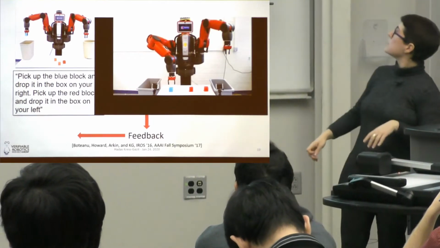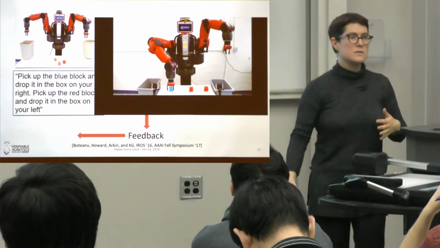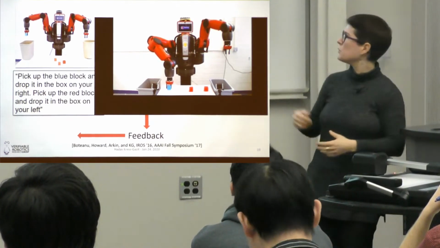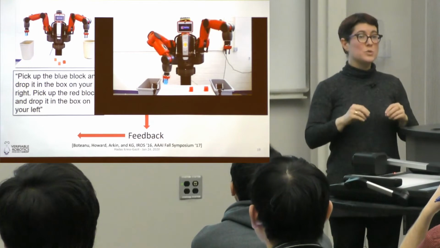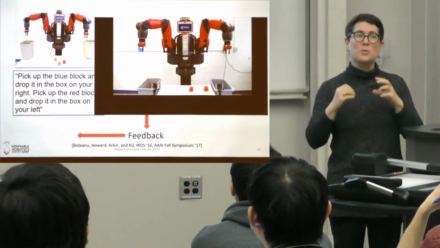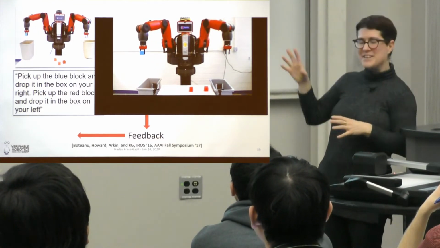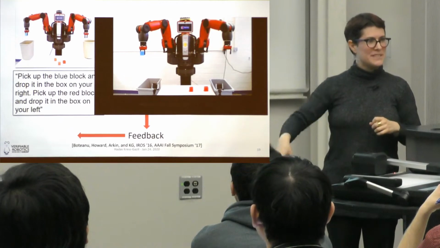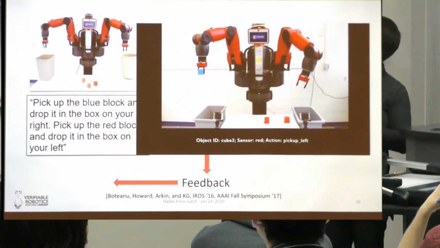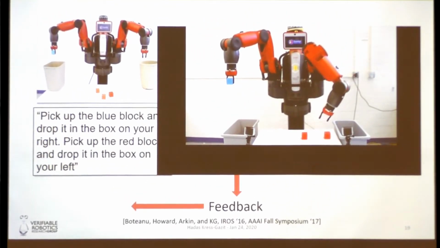This is what happens when we run this. So we synthesize a control, we run this, and it's doing the correct behavior. So we synthesize the correct system. Now it might not do what you expect it to do. It picked up the blue, and it's just hanging there. Now it's going to pick up the red, it's just going to hang there. This is perfectly correct behavior. This is exactly following my specification.